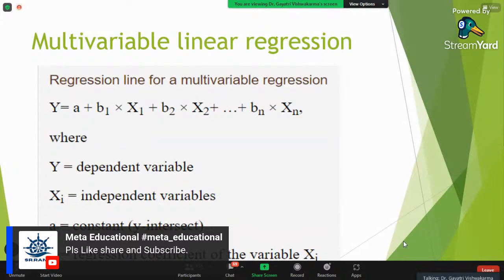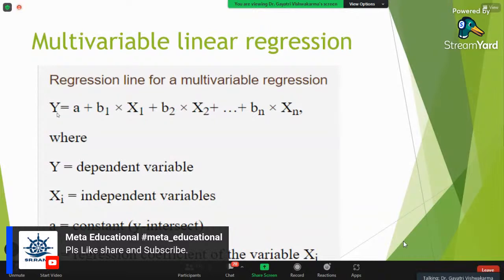So when you say multivariate, that means you have lots of y's. Y means dependent variable. If you write multivariate, those who are reviewing your manuscript, research paper or thesis will say you have a lot of dependent variables. But this is a multivariable linear regression. That means you have a lot of independent variables and one dependent variable. Okay, so this is known as multivariable linear regression.